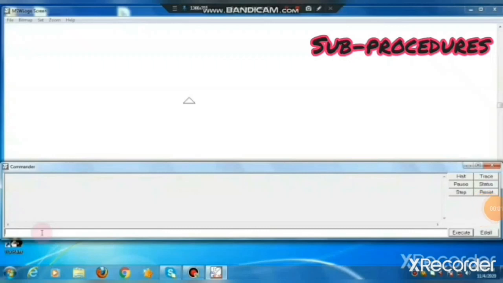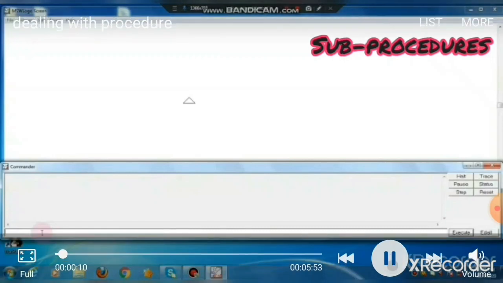Now we are going to do a task. We are going to write a large procedure to write the word hello. I am going to show you how a large procedure can be divided into smaller ones, and how finally I am creating a final procedure, that is the main procedure. So now I am going to do a task to write the word hello. Clear? See how we are going to start it.